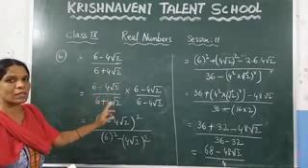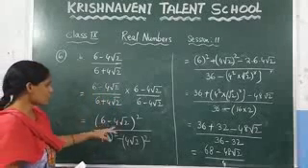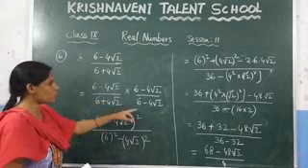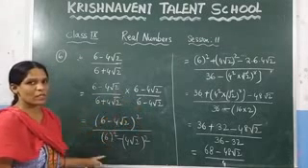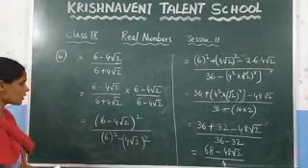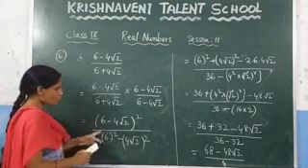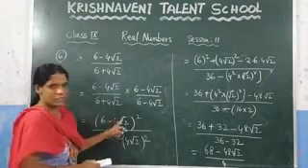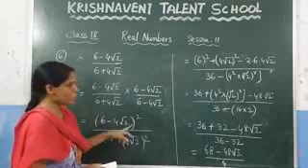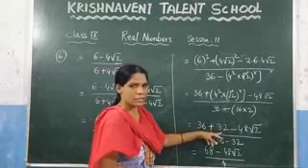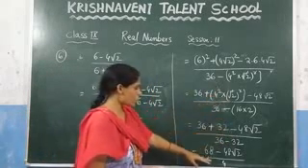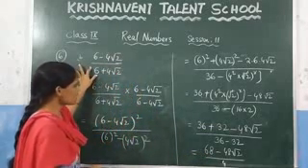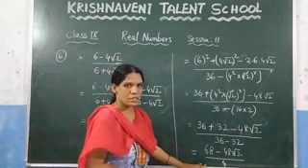What is the formula for a minus b into a minus b? Which is a minus b whole square. In the denominator it is in the form of a plus b into a minus b. The formula is a square minus b square. After that what do you get here? 6 square is nothing but 36 plus 4 square which is 16 into 2, 32. So we got 36 plus 32 minus 2ab. After solving we got this one. So we changed this irrational denominator into this rational denominator.